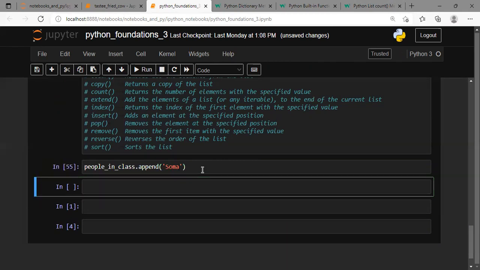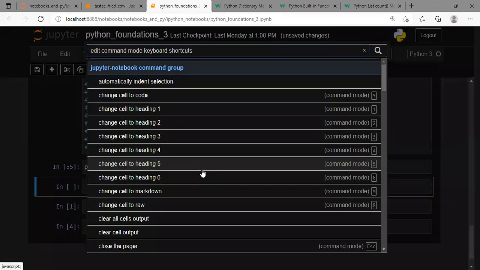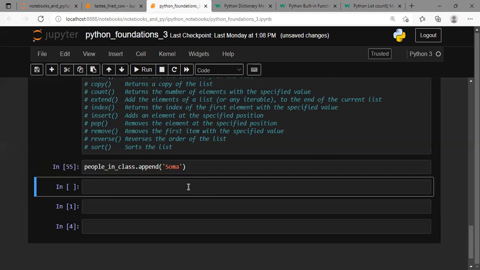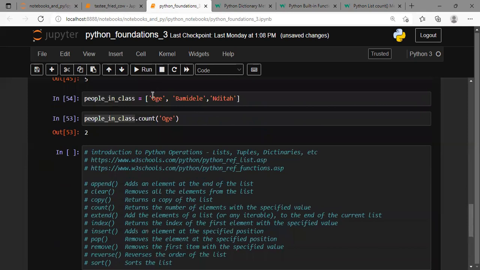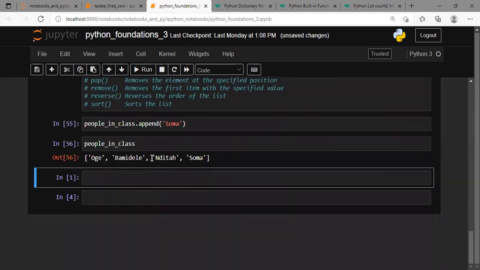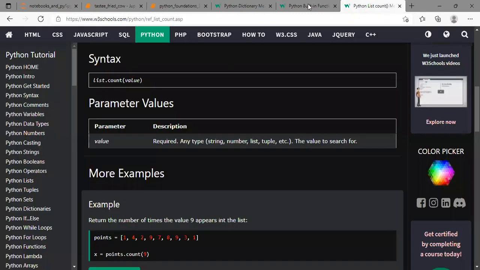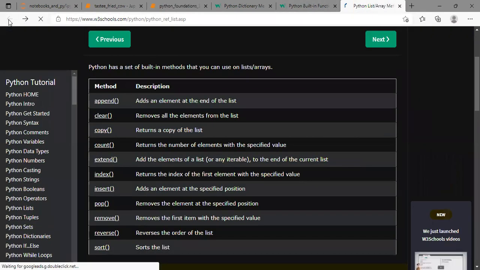Now, when we come here and now ask Python for the people in class, Python is now going to give us 4 names because we've asked Python to append one more person to the class. So 1, 2, 3, 4. Initially, it was just 3: 1, 2, 3. We asked Python to append one person, then it appends this person. Okay, so the next method would be